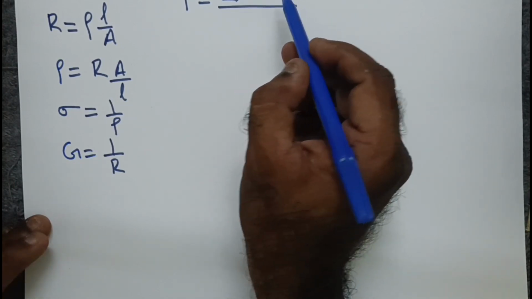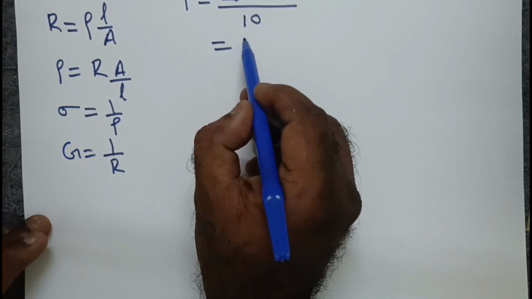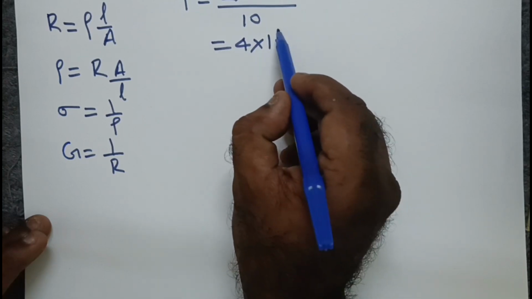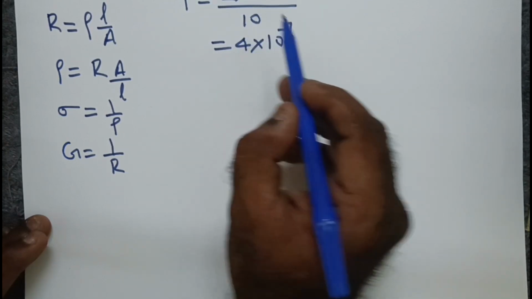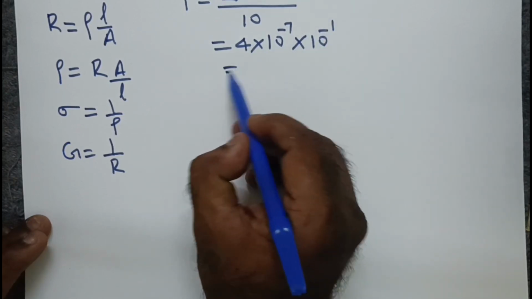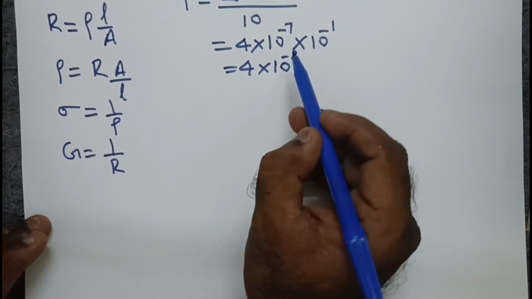What is the length? Length is 10 meter, right? So the value becomes 2 into 2 means 4 into 10 power minus 7. Now 10 is in the denominator. It comes up and it becomes 10 power minus 1. The value is 4 into 10 power minus 8